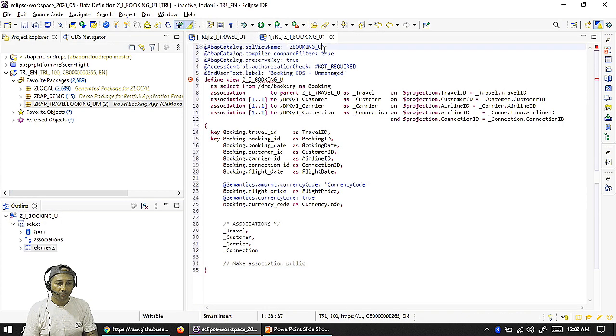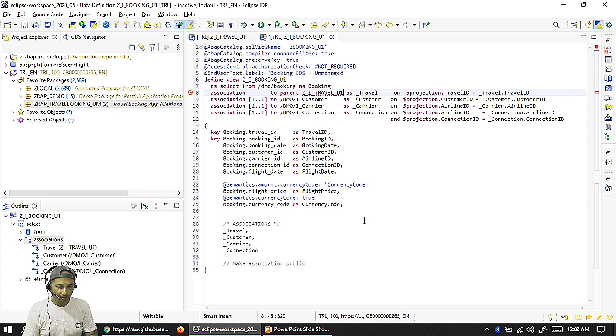Okay, change this one as U1. Change this one underscore U1. Travel, we already have it. Okay, I think pretty much. And here, customer, carrier, and connection. So these are the supportive three,